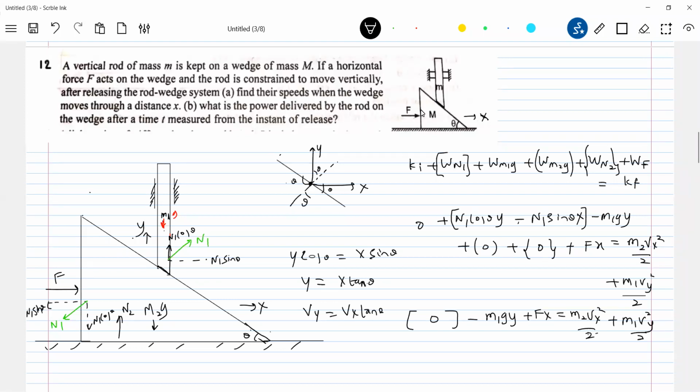Substitute this and get the speed of the blocks. You have to be very careful here. On one side, the constraint will come. Then again, you have to list out all the forces and the work done by them. So this is equation 1. Solving equations 1 and 2, you'll get the required answer.